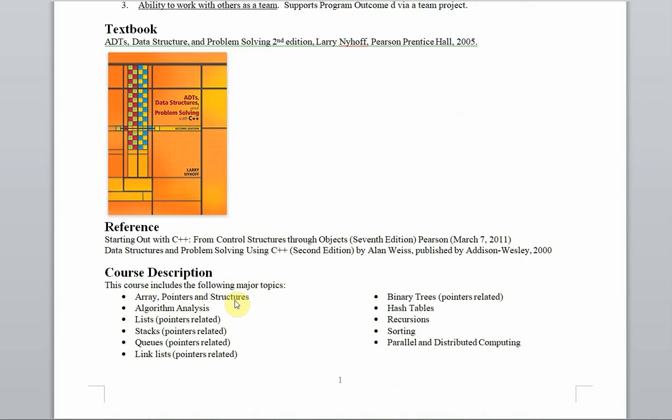We will be able to see one problem: what is the array implementation, what are pointers, and how do we combine the pointers with structs to do what we call a linked list implementation. In order to understand which is the better method compared with others, we need to start with the algorithm analysis topic. This is the topic where we look into the program and try to see that, okay, I would estimate this program will run proportionally to the input data size for a certain amount